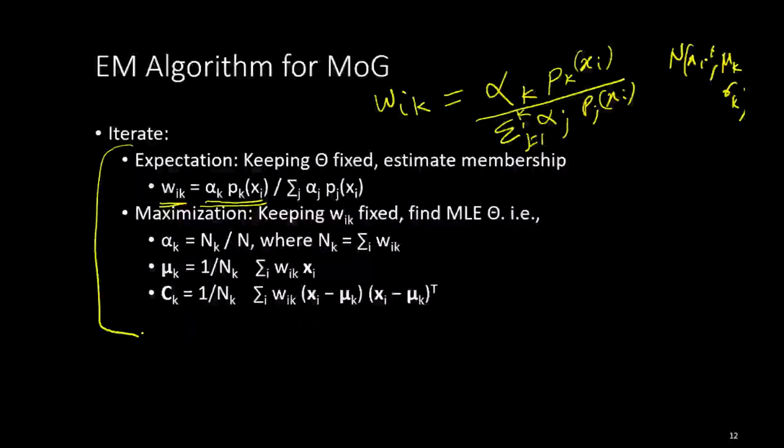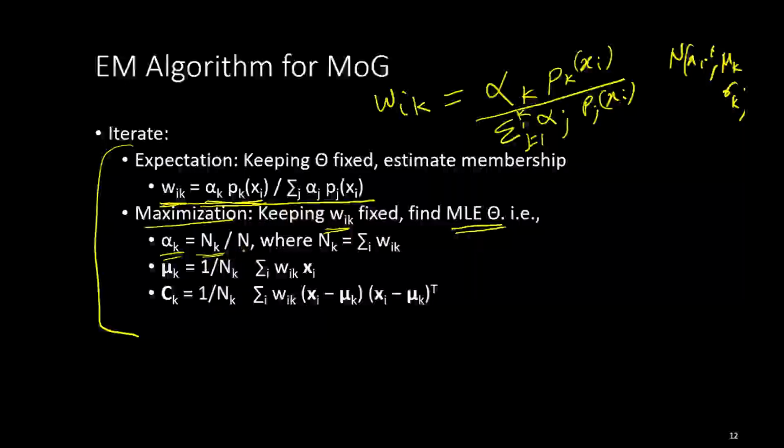So let's see that there are parallels to the k-means algorithm in some sense, or fuzzy c-means for example. So in the E step, we will compute the memberships, and in the M step, the maximization step, we will maximize the likelihood of the data given the weights. So we will keep the weights fixed, but we will find the maximum likelihood estimate of theta keeping the weights fixed. So what that means is that alpha will be